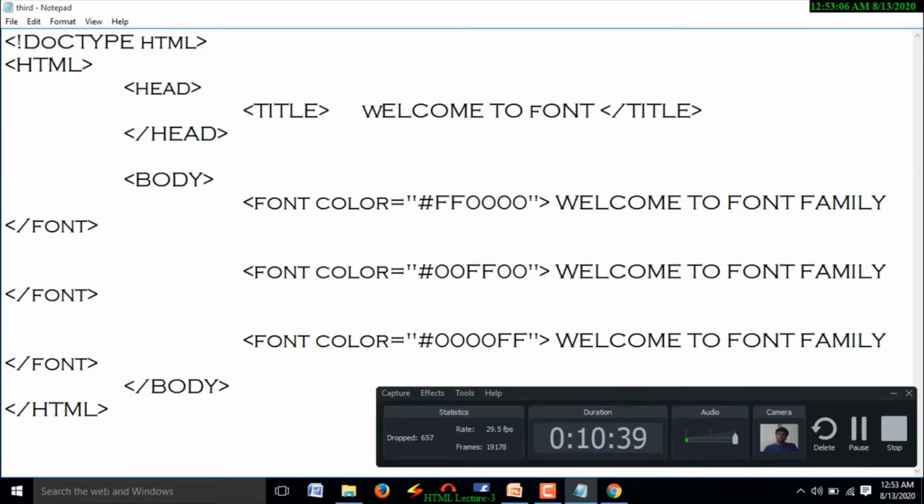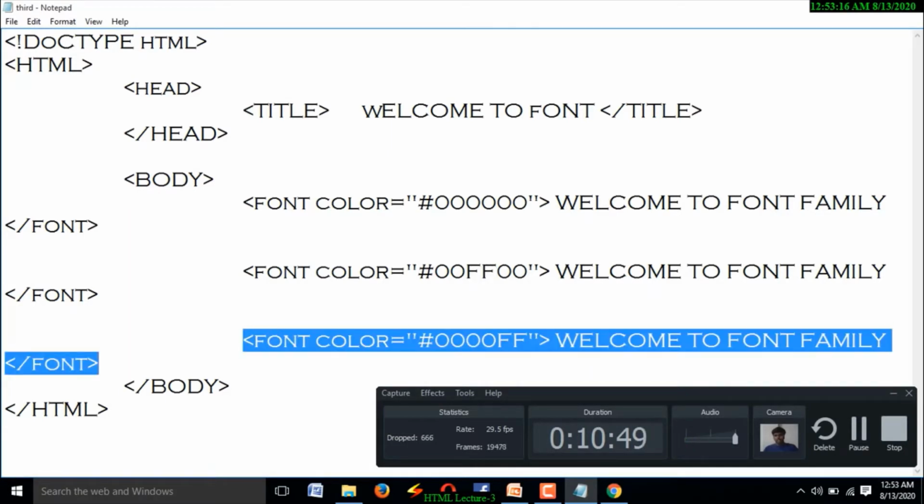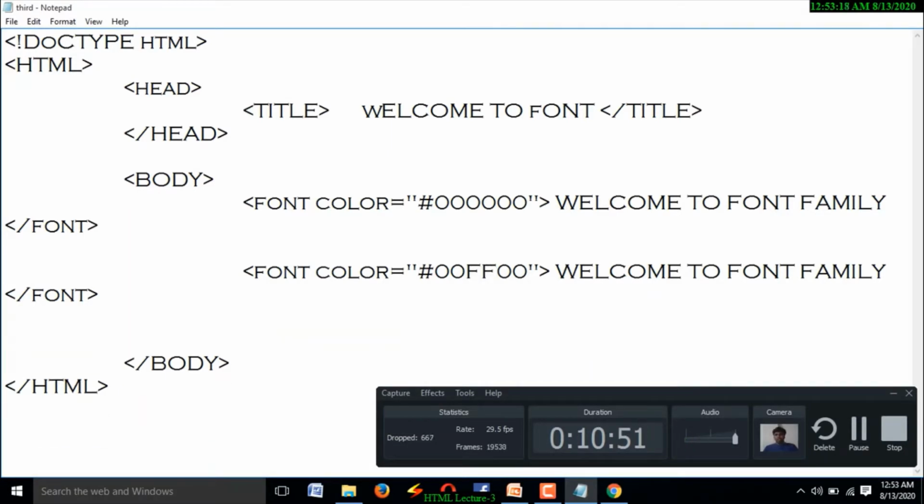Suppose if you want to get, see, observe this example. Instead of using F at a particular location, I am using F for all locations. Observe this.